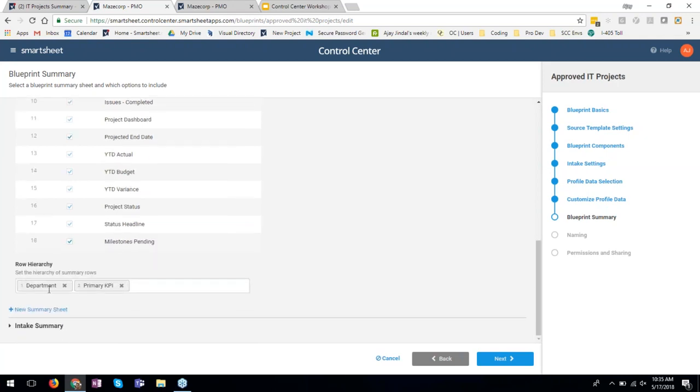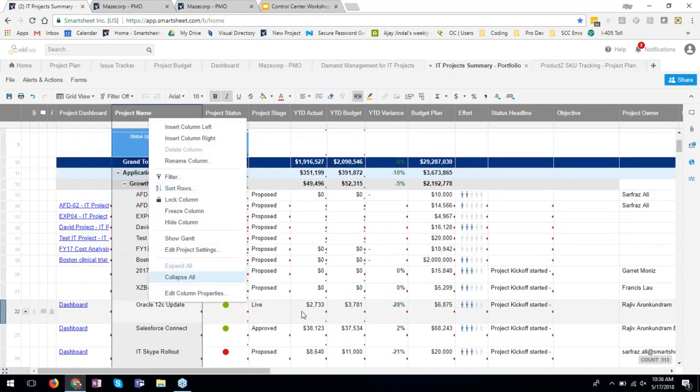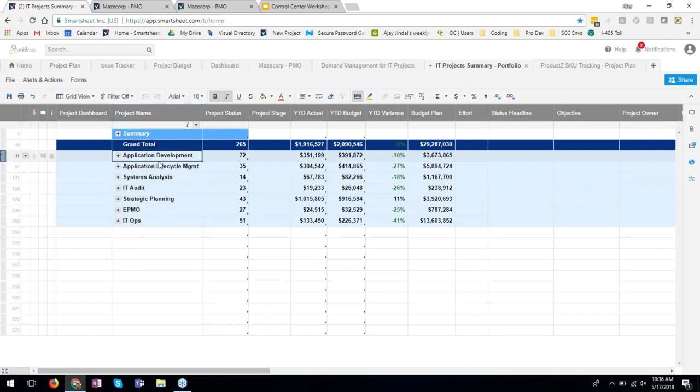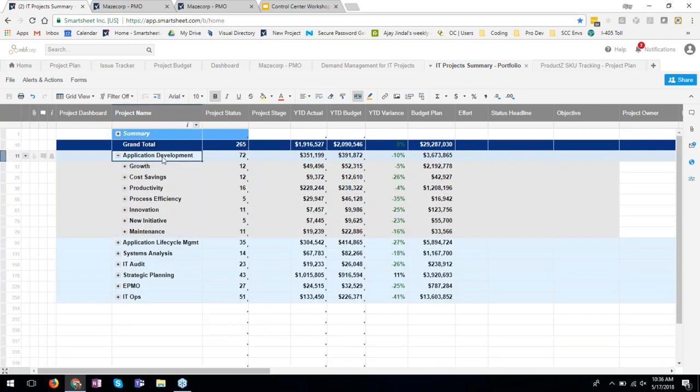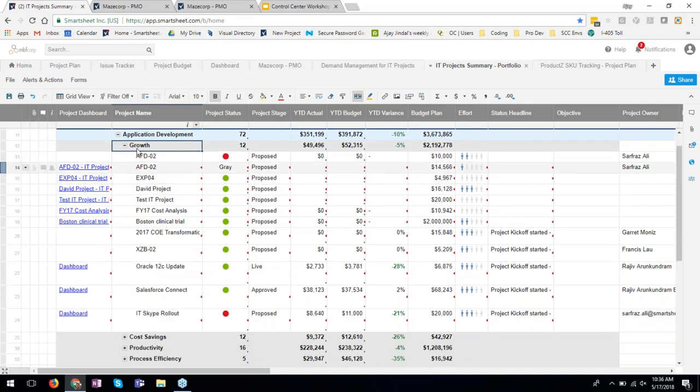And then this last little bit here is the row hierarchy. Row hierarchy allows you to organize the projects that get added to the summary sheet into a hierarchy. So let me demonstrate what that looks like. I'm going to collapse my summary sheet here. See, I've got all the application development projects, I have a row for them, and then underneath them I have the different primary measurement criteria. And as the projects come in, like EXP04, it was in the application development department, and growth was its primary metric, it automatically sorted it